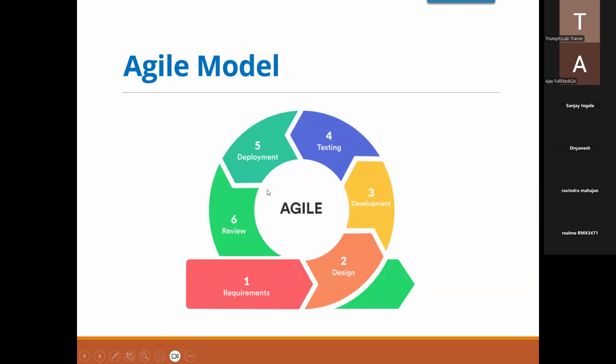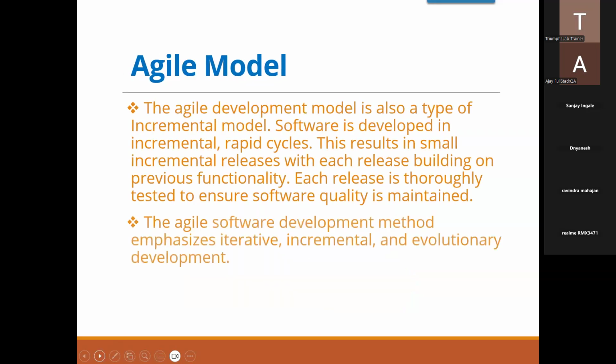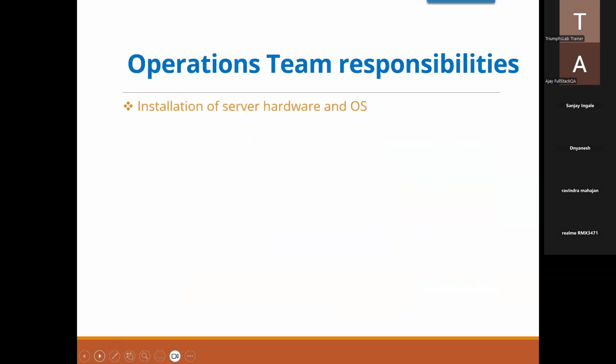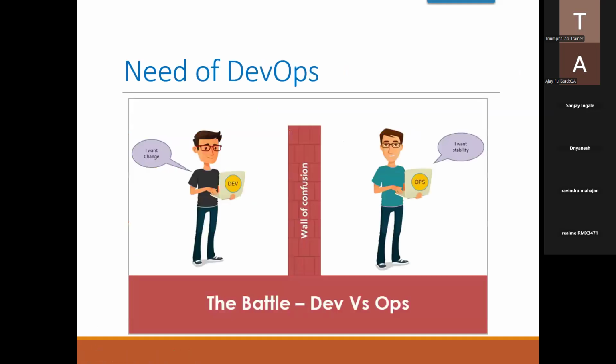In the agile model, we distribute the job into small tasks, and then everyone is engaged. So then these are the responsibilities. Okay. So now everyone knows the agile model, right? But again there was a problem. Though the agile model improved the software development process, there was still a problem. What was the problem?